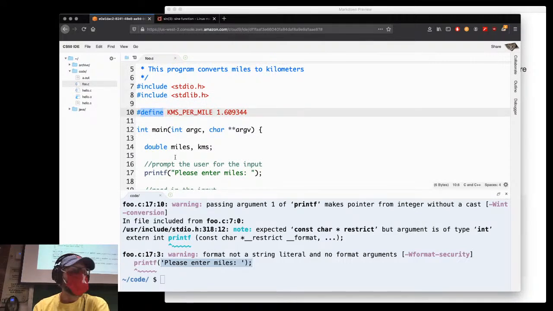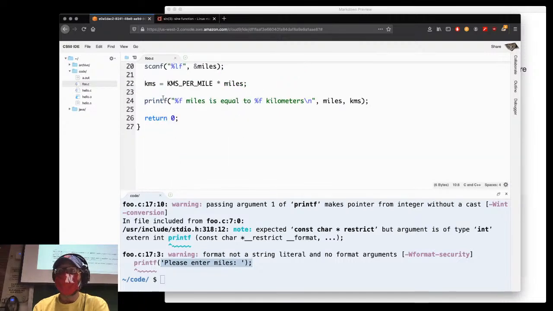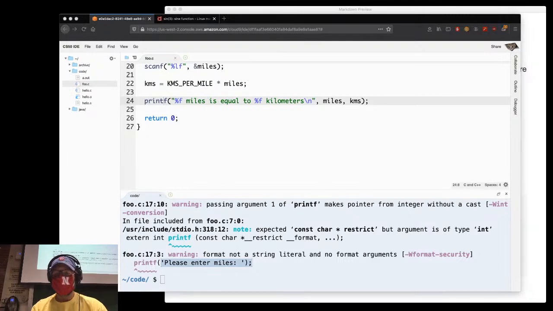Int and double, those have defined meanings that you can't change. Printf is a function that's in the standard input-output library that you can change, but then you're breaking everything. So I'm not even going to show you how to do it. But you can do it. There are some easy ways that you can do it, but I'm not going to. But anyway, so there are also keywords that you can't use and that have a special meaning to the language